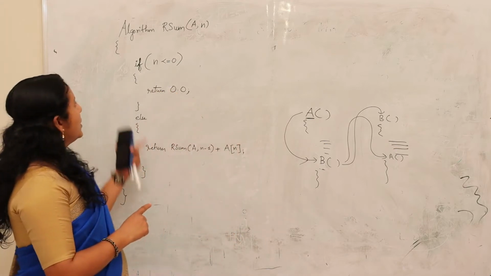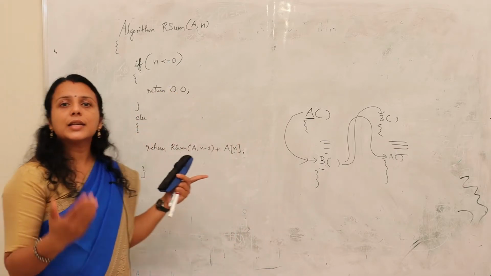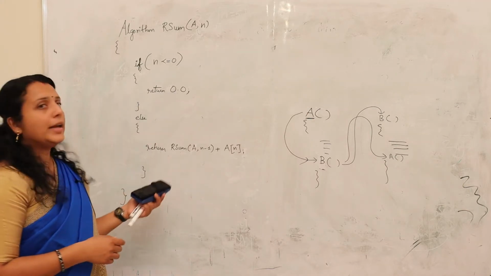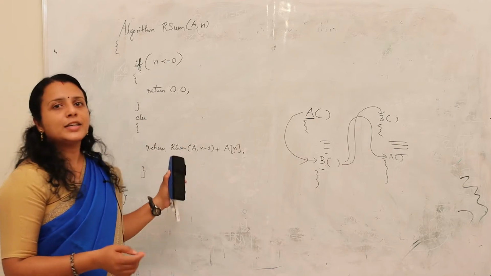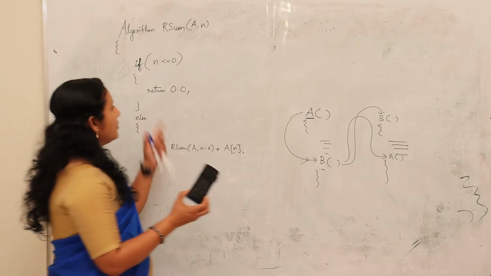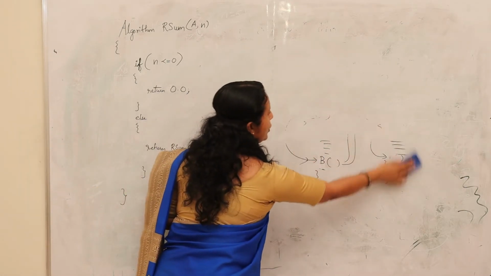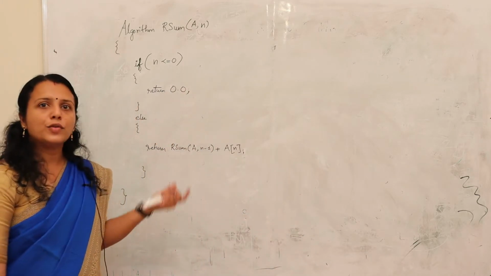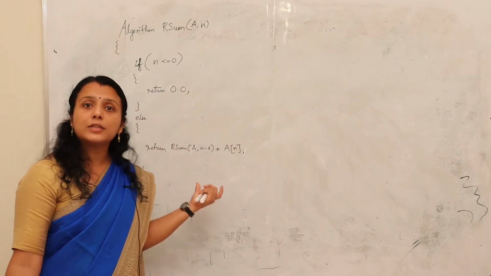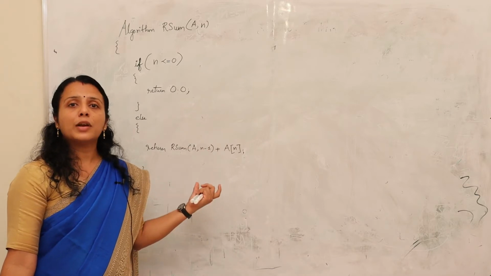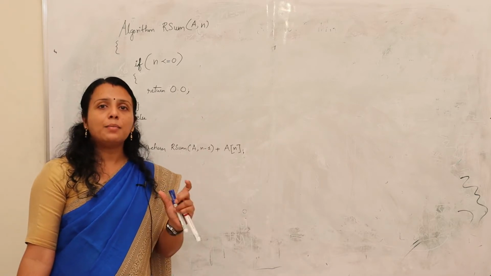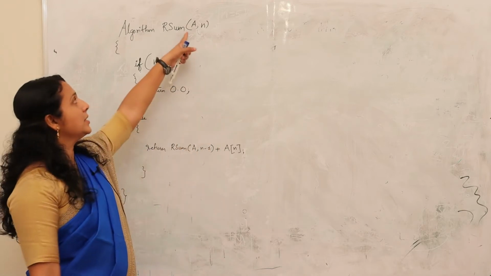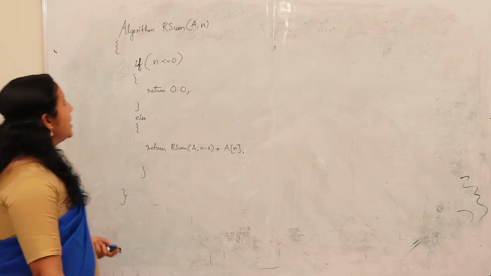The example I have written here is an example of a direct recursive function. Let us see how to calculate the time complexity of this recursive program. You are familiar with this program because we have used the same program for calculating the space complexity. The purpose of this program is just to calculate the sum of n numbers present in an array, and the name of the array given here is A.